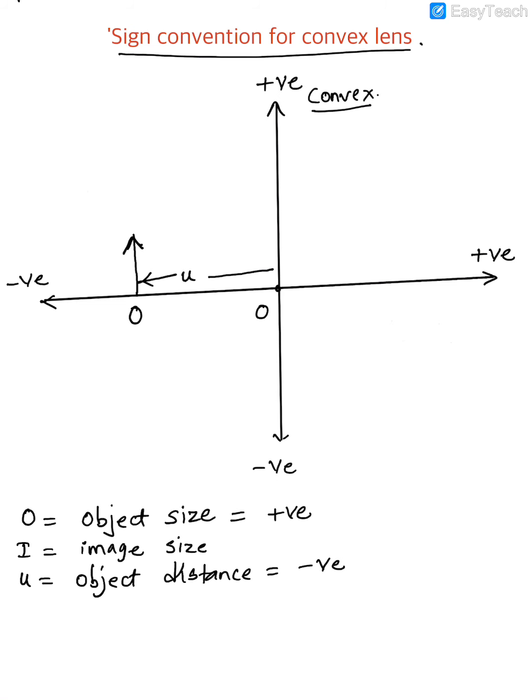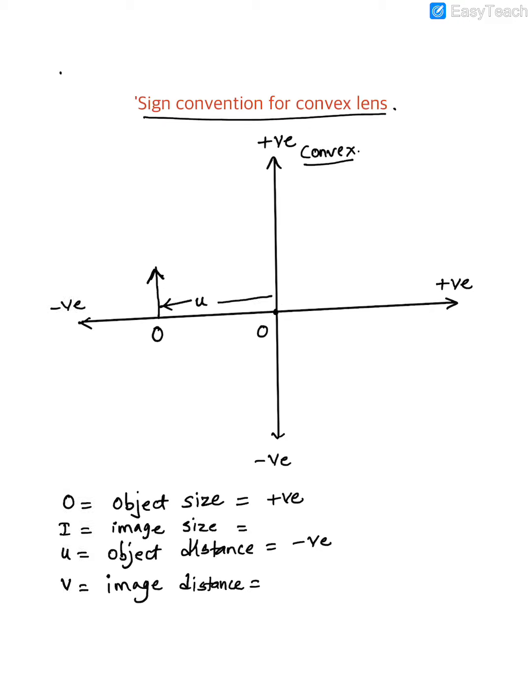Now the next term. We are done with O, I, object distance. Now we'll do V. What do you mean by V? V is the symbol for the image distance. As we already discussed, the image can be anywhere. It can be on the right side, or also behind the object, like that special case of convex lens. So the image distance could be either positive or negative, and we will not write anything specific for that.